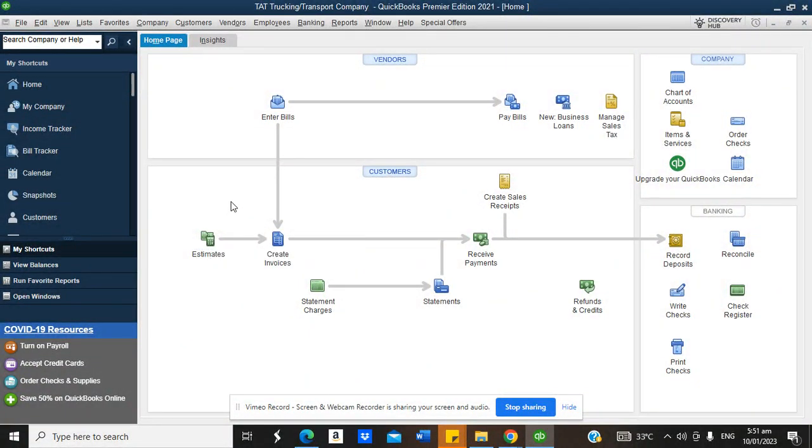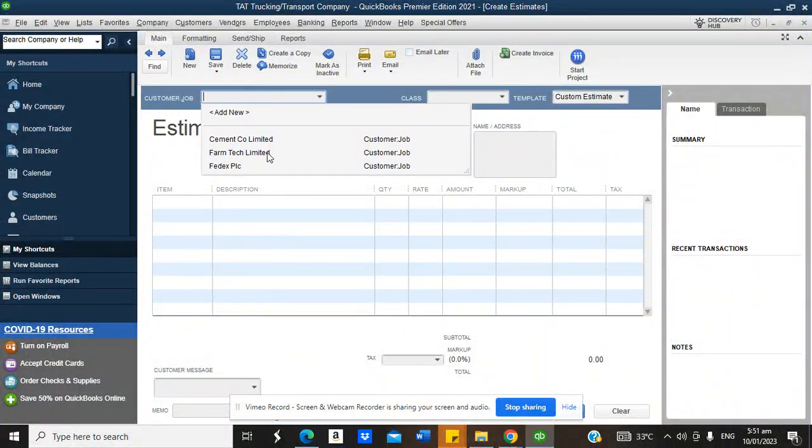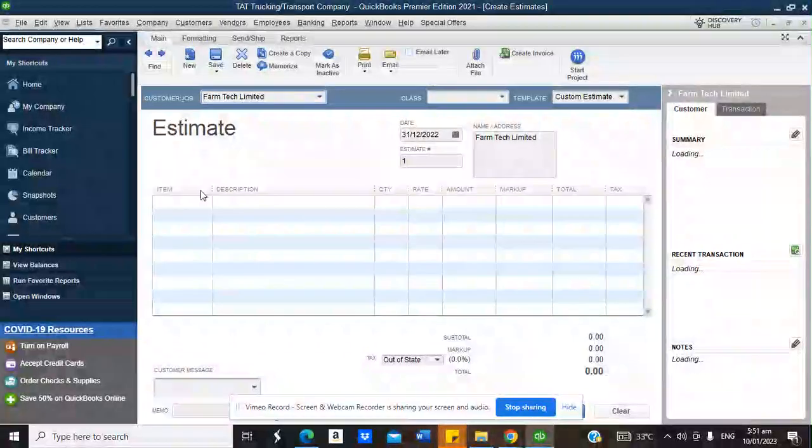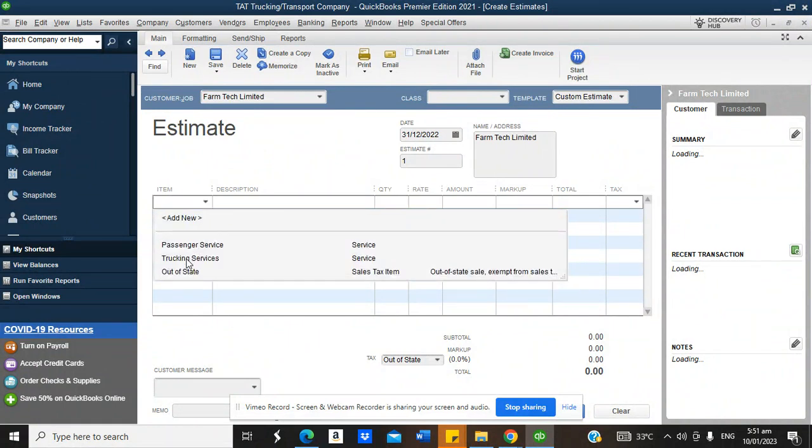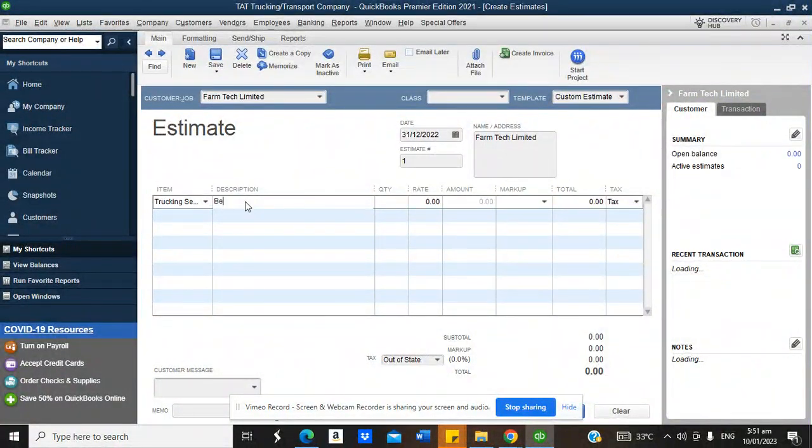So meaning that you're going to send a list of your prices. But if it requires you to, assuming it's a regular customer, you come here, you create an invoice. So whichever one you want to work with is fine. If the customer is saying, can I see a quote to transport maybe farm produce from one location to another, you can come here, you send them a quote, you go to quotation, you select the name of, let's assume you're using Farm Tech, and then you're rendering trucking services to them. So you can say being transport of farm